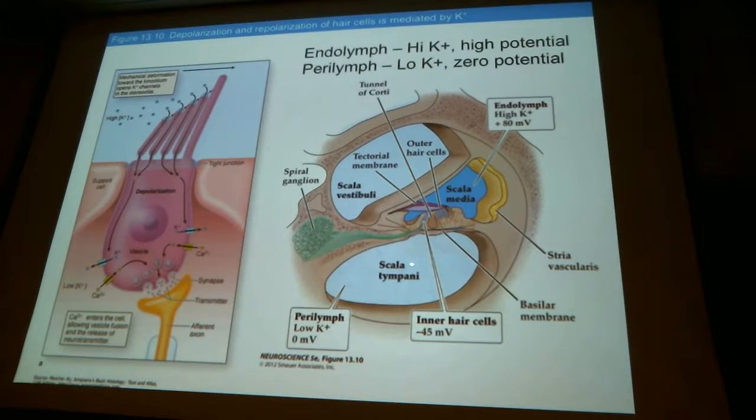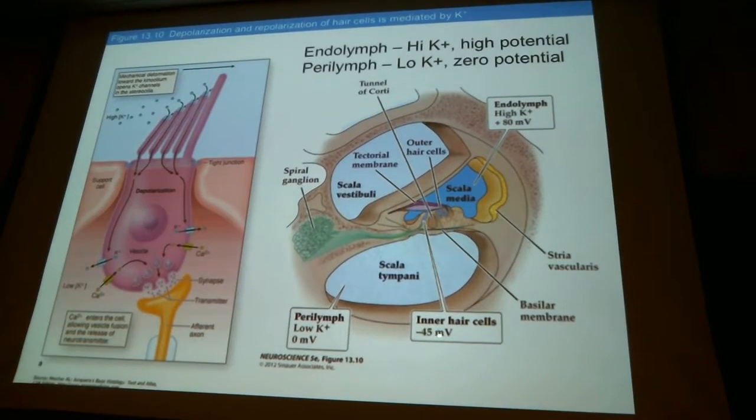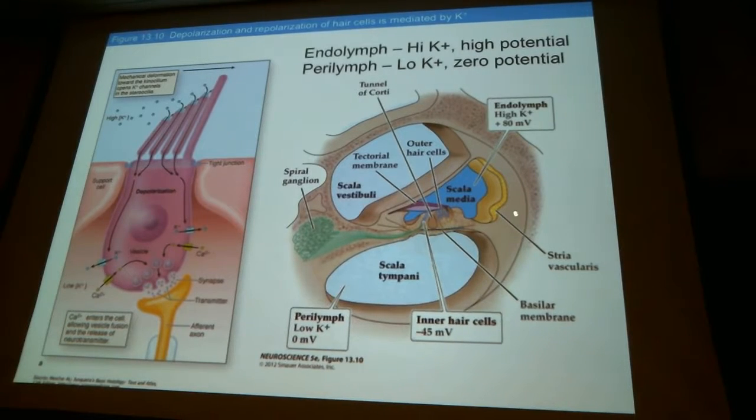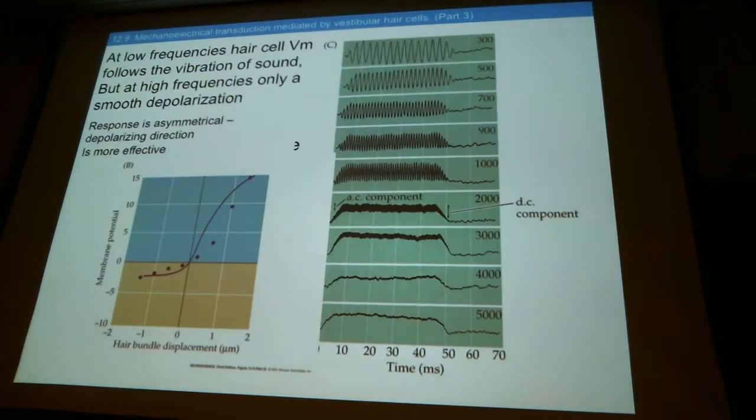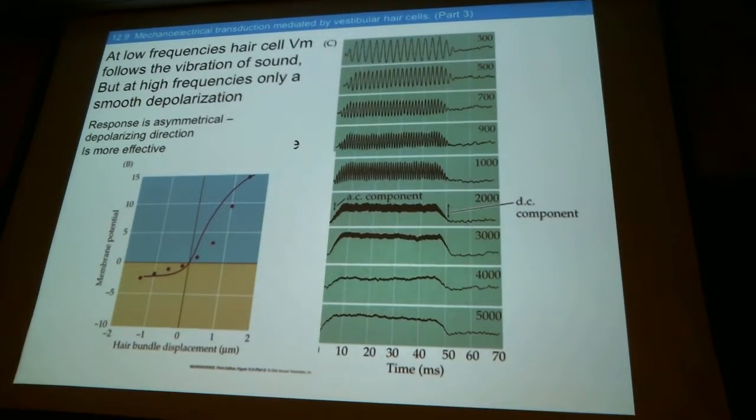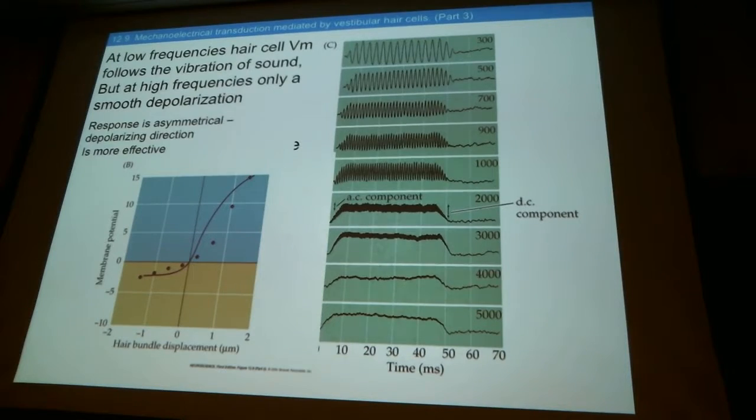So if we consider the outside here to be 0, the inside of the hair cell is something like -45, perilymph 0, -45. The endolymph is very positive, just like you would expect based on the potassium concentrations. All right, so when you have deflection of that stereocilia, you have an influx of potassium ions which depolarize, and it turns out that this can happen really rapidly,